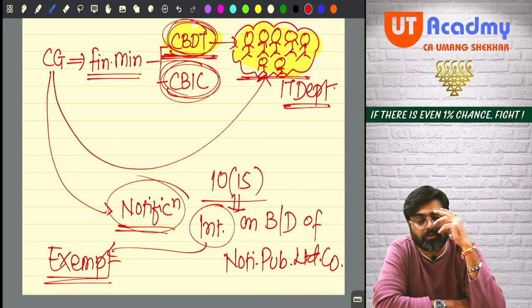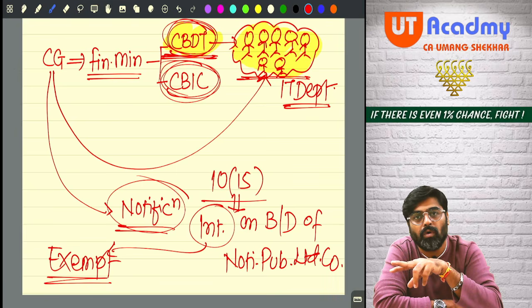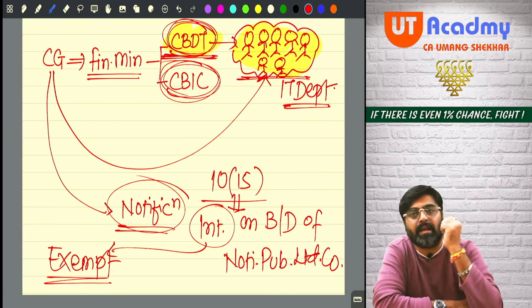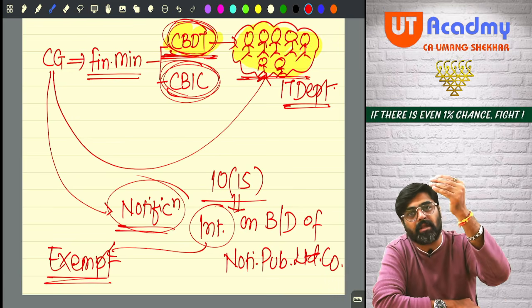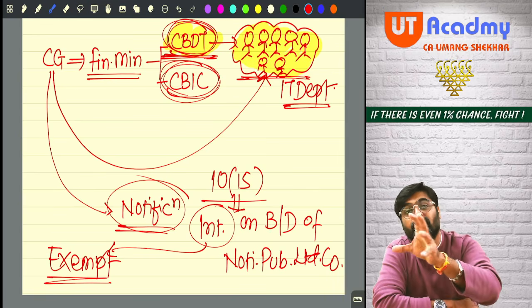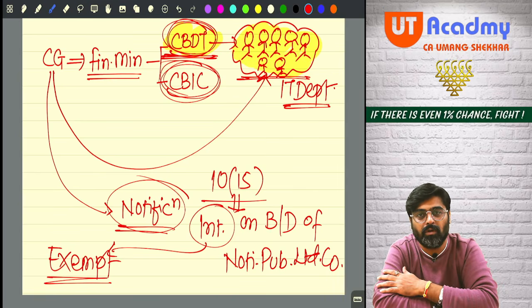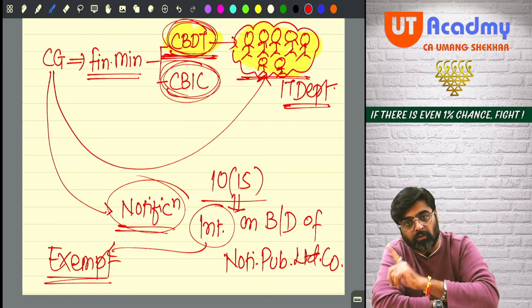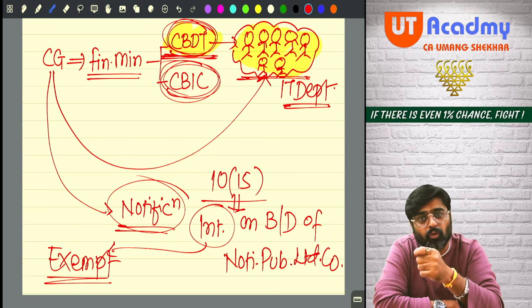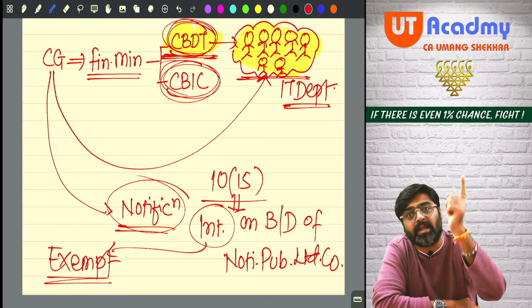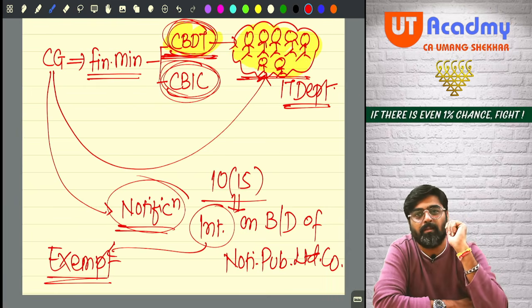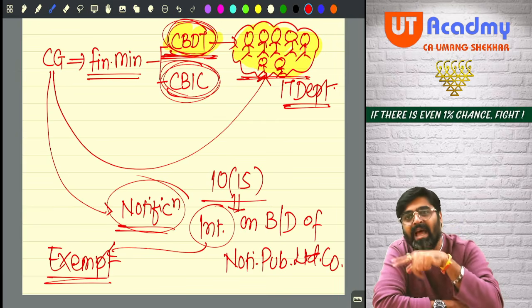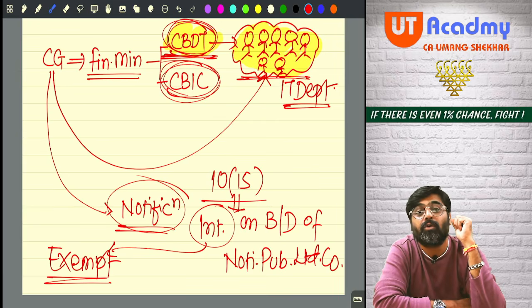So there are commissioners. Commissioners will tell the income tax officers to do the assessment in a certain manner. So as per the instructions of the commissioner, the income tax officer will assess your income and charge tax on you. But what if the income tax officer has told you to pay tax? He has told you to pay tax as per the instruction of the commissioner only, no? So you are not supposed to go to that commissioner, because that commissioner will say that I have only told him to charge tax from you.